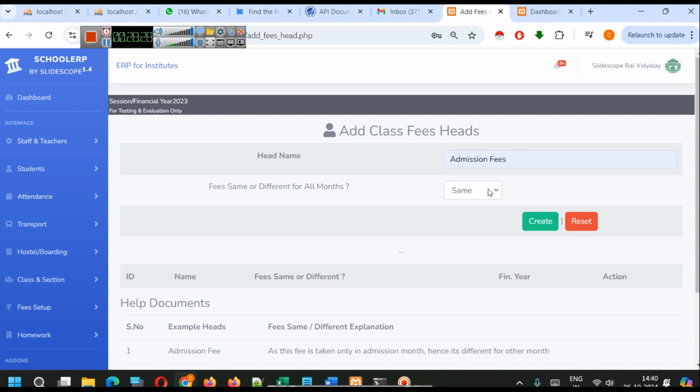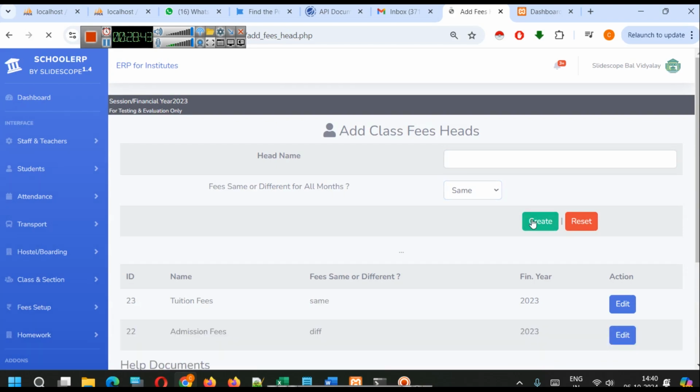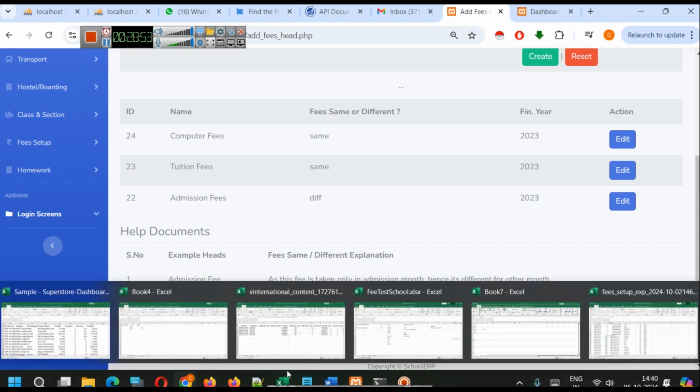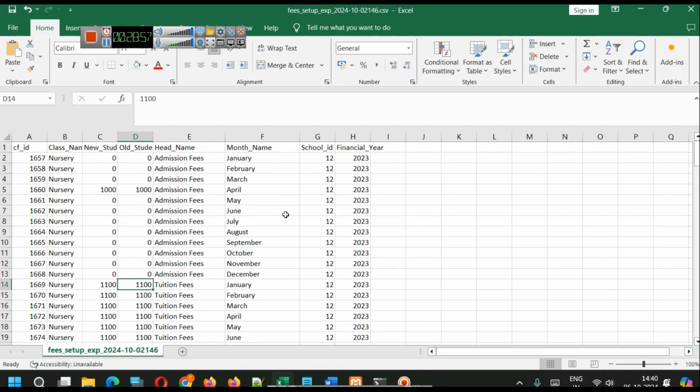So if admission fee in your case is charged for all the months, you can do the same. Otherwise, you can create different ones. Tuition fee, is it same or different? It is the same for this school. And computer fee is the same for all the months. Okay, this is there. Now since we are doing computer fee, you have to understand that